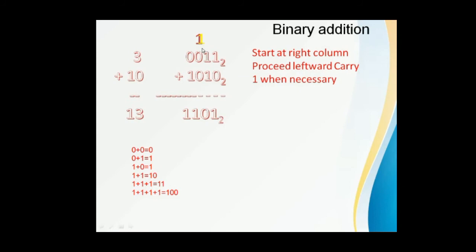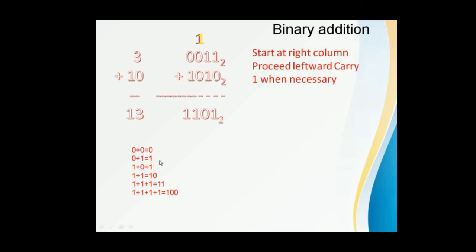To add binary numbers, we can do 1 plus 0 is equal to 1, 1 plus 1 is 2, whose binary representation is 10. We can put 0 and 1 as carry. 1 plus 0 is equal to 1, 0 plus 1 is equal to 1, and 3 plus 10 is equal to 13, and binary conversion of 13 is 1101. We can check like this also.